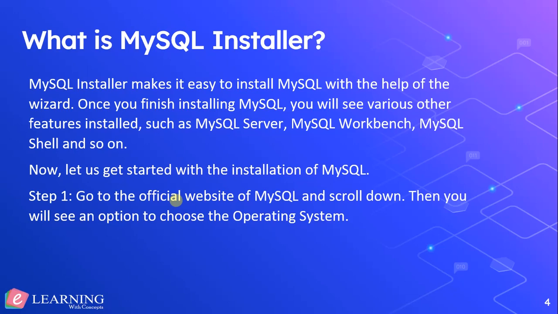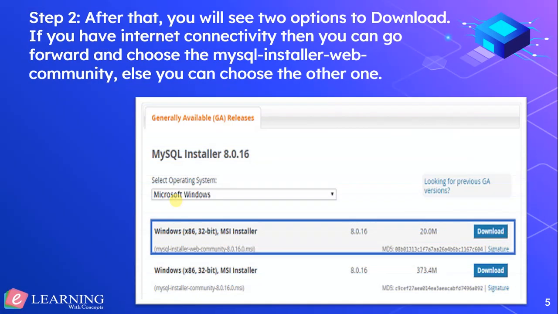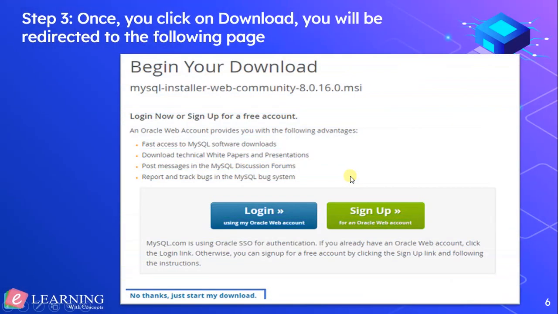I hope you have found the link below in the description to go to the MySQL installer, and step one is to go to that website or download the MySQL installer. So here there are three main options. First of all, you have to choose the right version of your operating system. Then you have to click on download the MySQL installer. So moving forward, when you click on download, we'll get to the next page of MySQL.